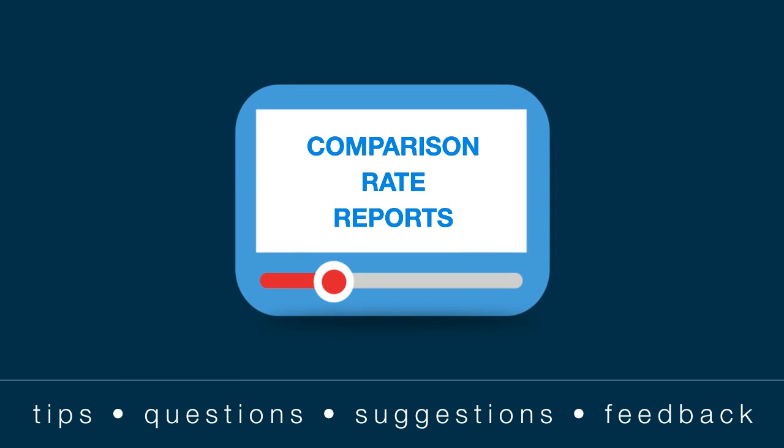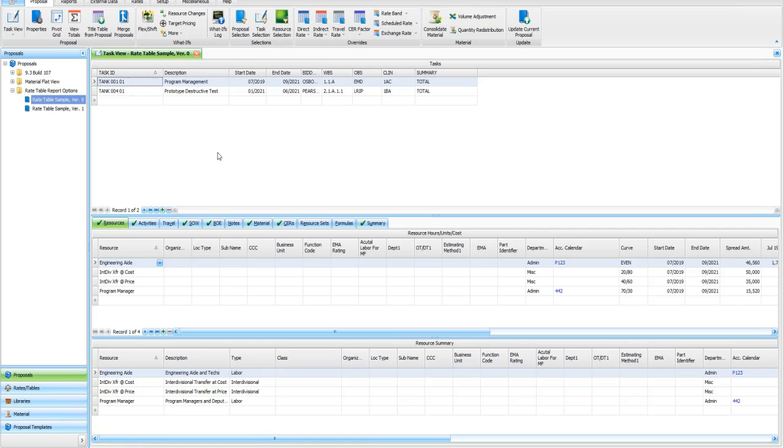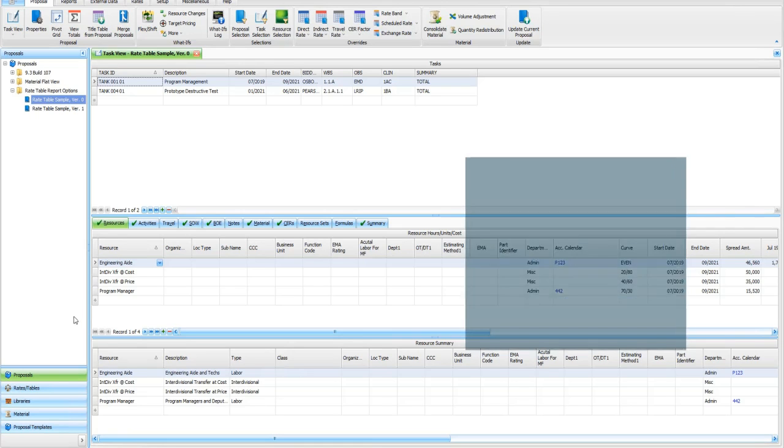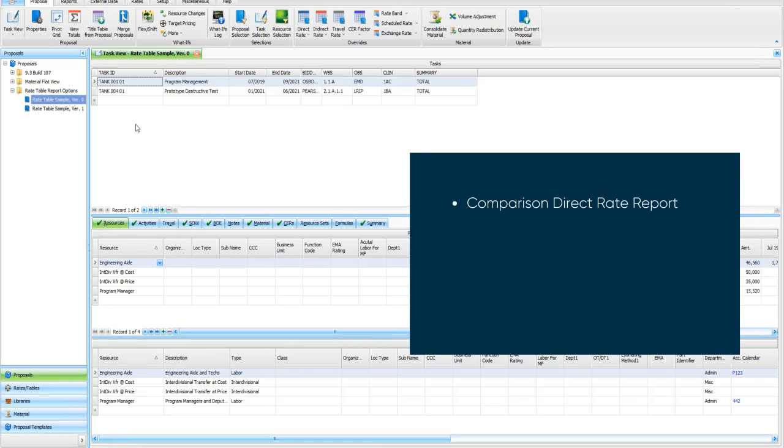These reports are great for comparing the rates in your direct rate table, indirect rate tables, and proposals. They are very useful when you need to audit your rates and verify everything is getting priced correctly. There are three of these reports: the comparison direct rate report, the comparison indirect rate report, and the comparison proposal